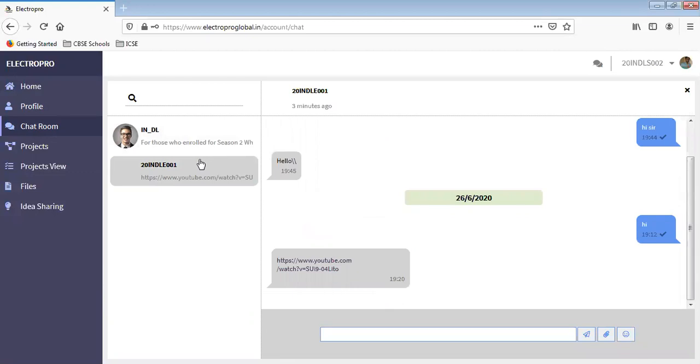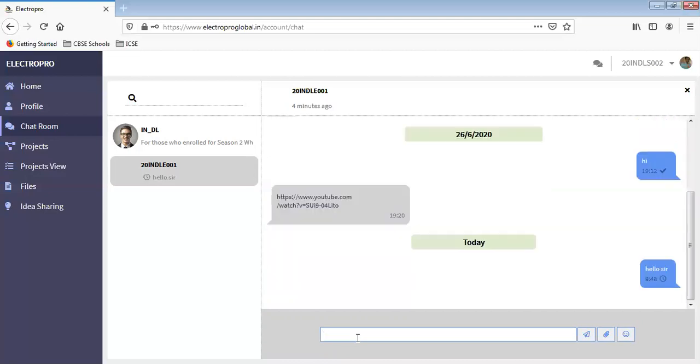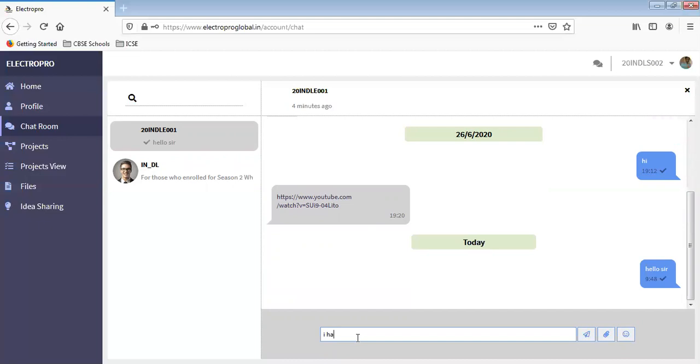This is individual chat, so you can communicate with your trainer directly. This is the trainer, with trainer details and trainer ID. You can type something like, hello sir, I have a doubt regarding obstacle robot.